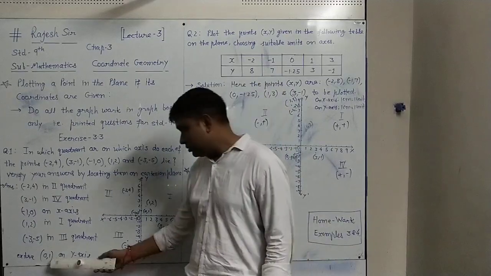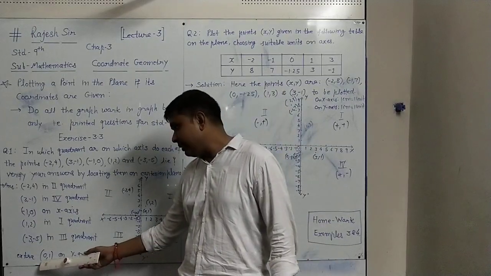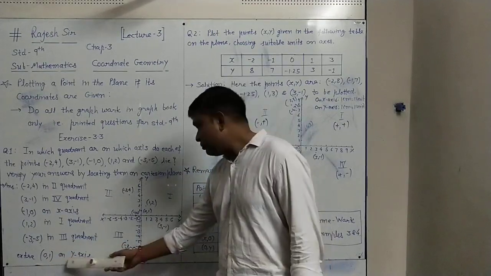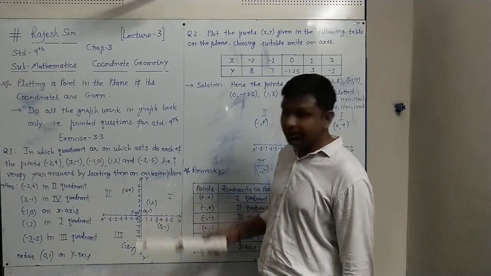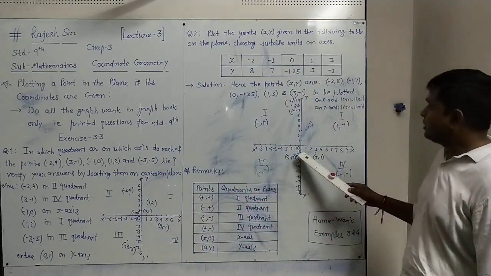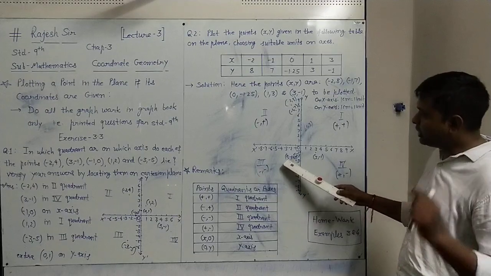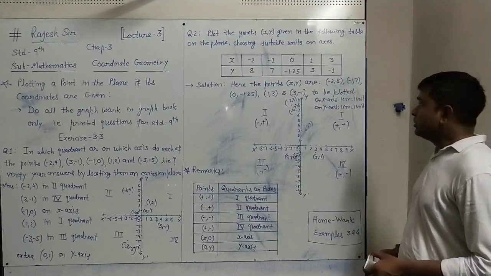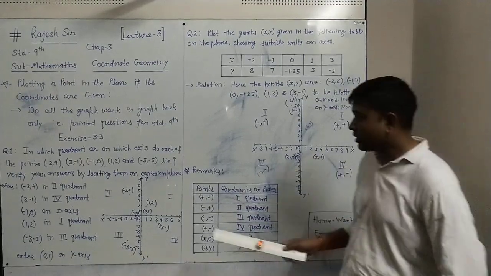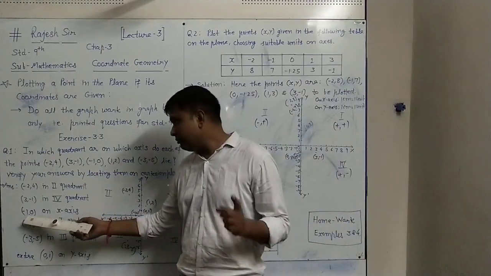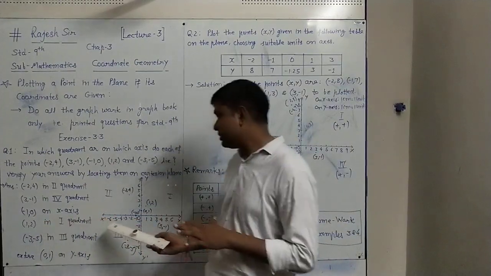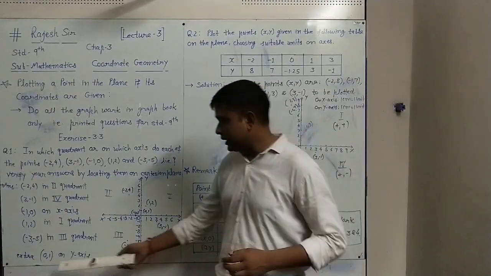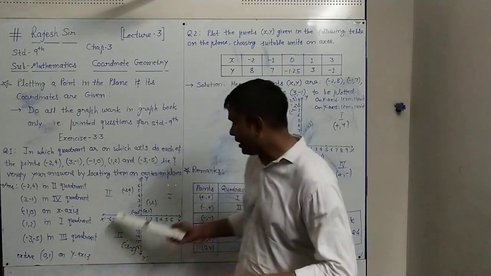Now you have to see the extra point (0, 1), having x coordinate 0 and y coordinate non-zero. It comes on the y axis. Here also notice (0, -1.25): the x coordinate is 0 and the y coordinate is non-zero, so it comes on the y axis. So this is the pattern: if the x coordinate is non-zero and the y coordinate is 0, it will be on the x axis, like we have seen here. And if the x coordinate is 0 and the y coordinate is non-zero, it will be on the y axis.